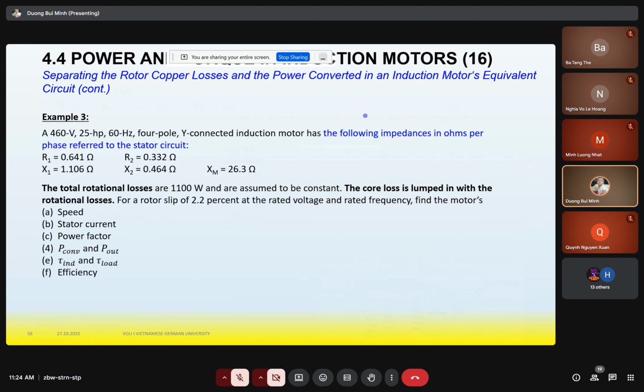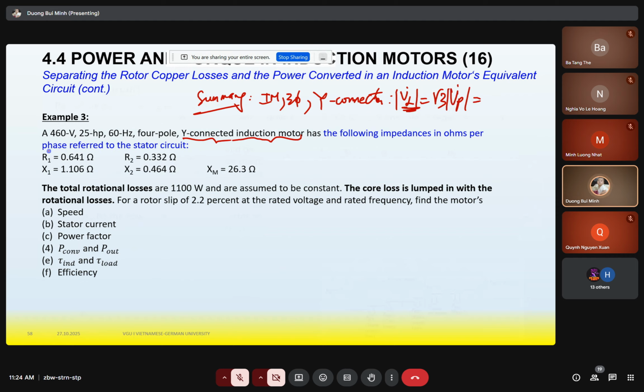Yes, example. Now we have example 3. We need to summarize this example. Now, summary. We need to summarize this question. So, the object, induction motor. How many phases? 3 phase, because they give us the information of Y connection. Y connection does mean V_L is square root of 3 V phase. Do you know